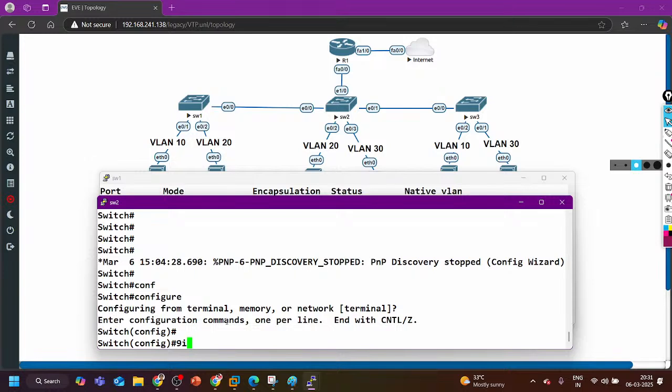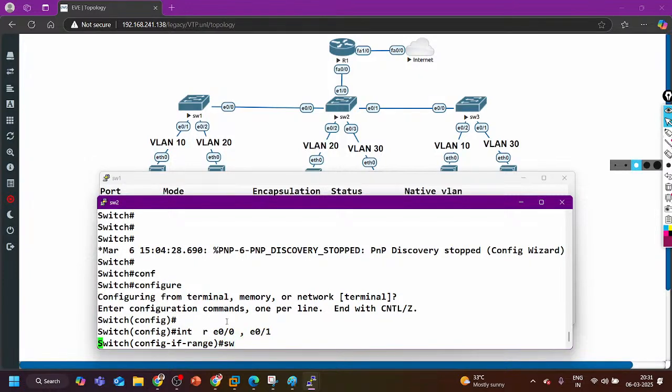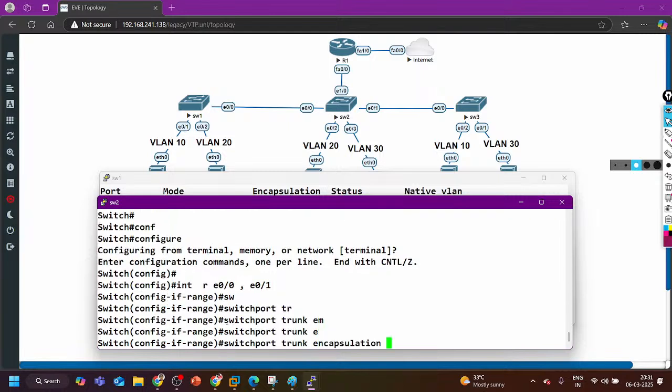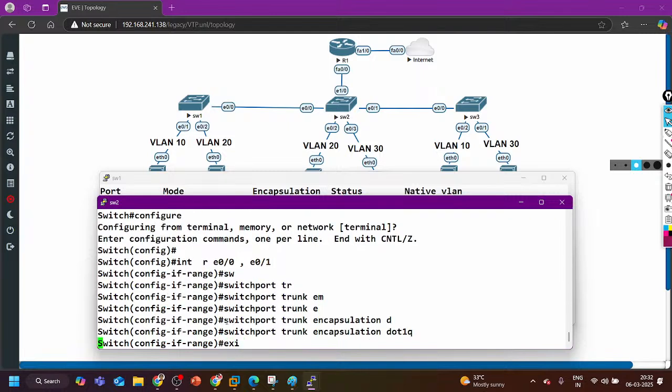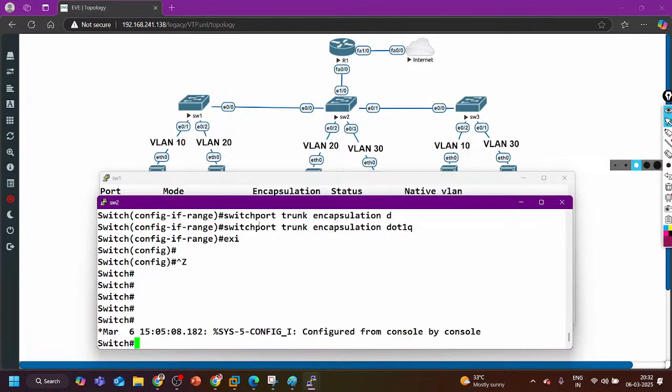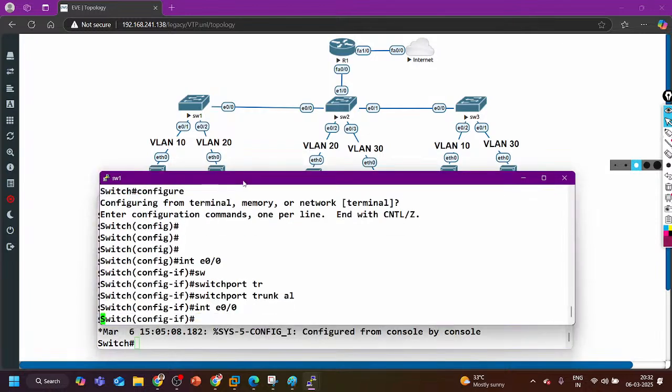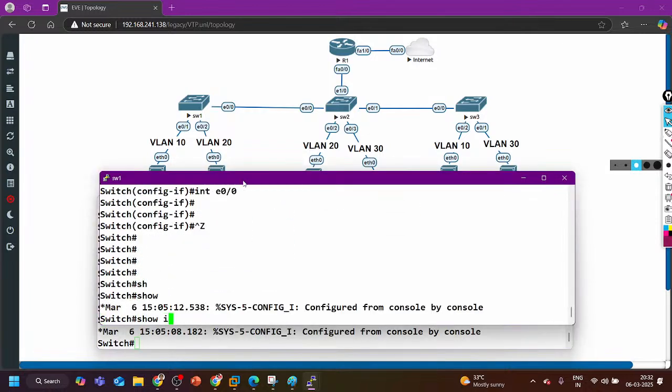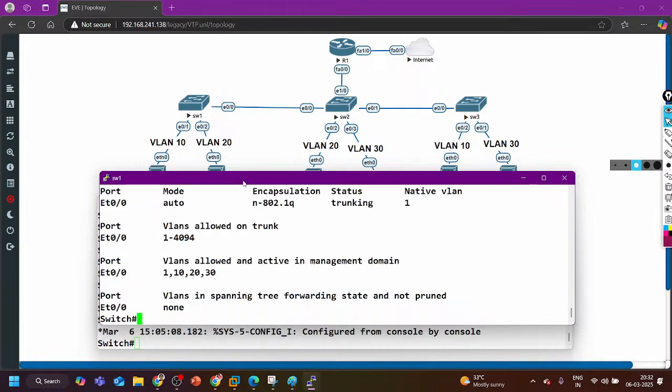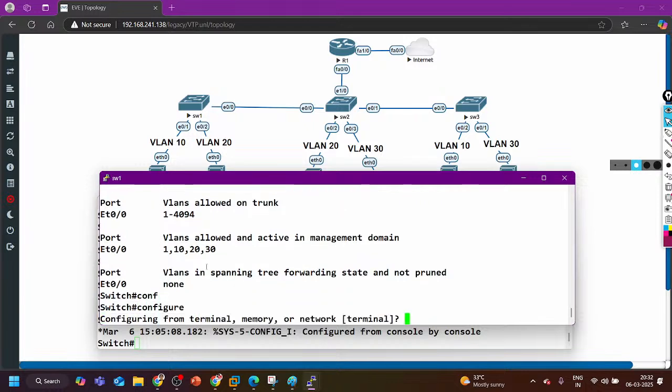Again, interface range E0/0 and E0/1, switchport trunk encapsulation dot1q. Done. And now on switch number 1, again you can check the trunking with show interface trunk. Now you can see the encapsulation protocol is dot1q, and we need to modify the allowed VLANs on the